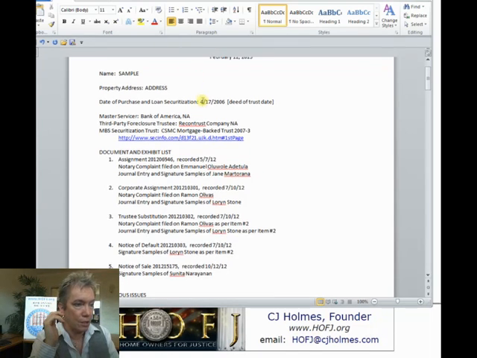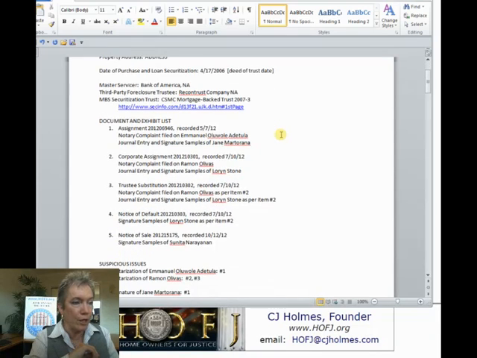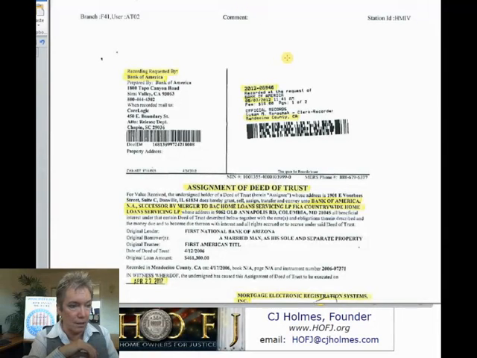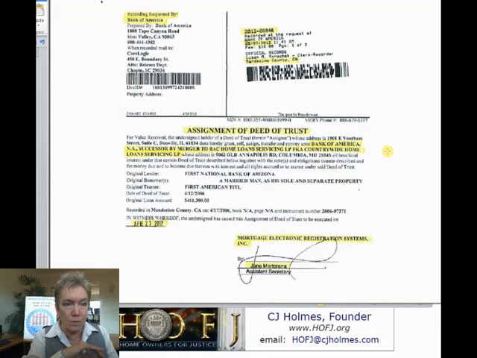So on the suspicious documents, in this particular case, the deed of trust was 4/17/2006. So we know automatically that any assignments that were done after that violated that rule, that they can't be legal assignments. In this case, I've highlighted who requested recording, the document number, the date, and whichever county, because when I'm collecting them from all over the nation, at least we can see which county and state these documents have been recorded in.